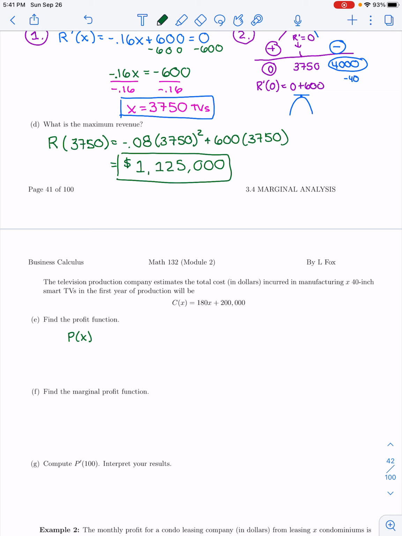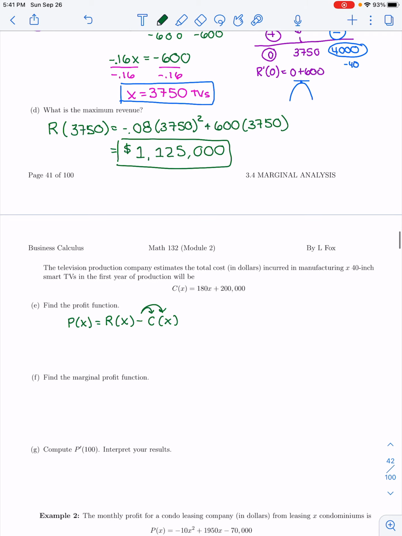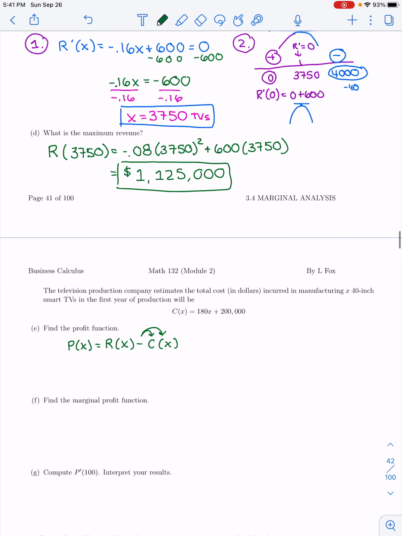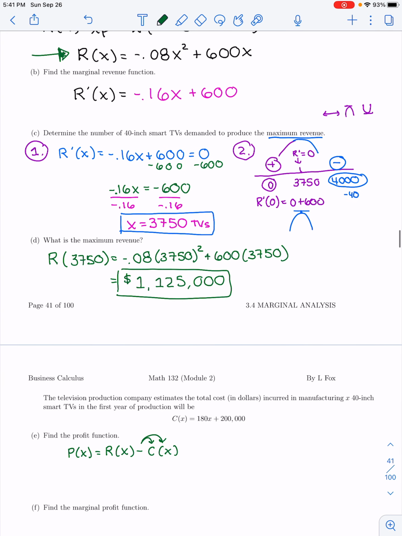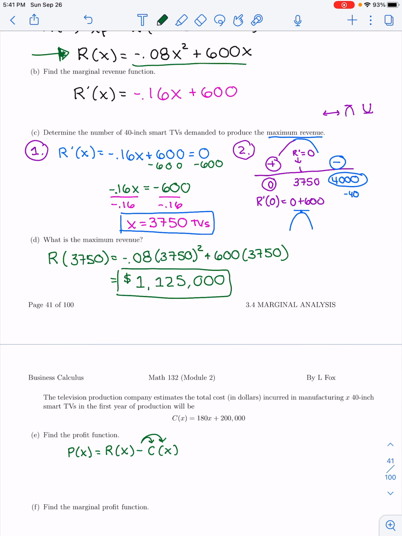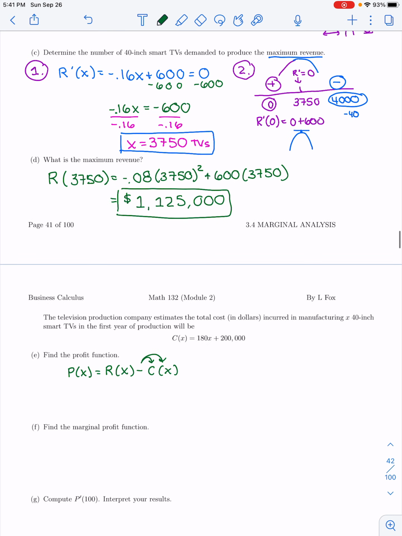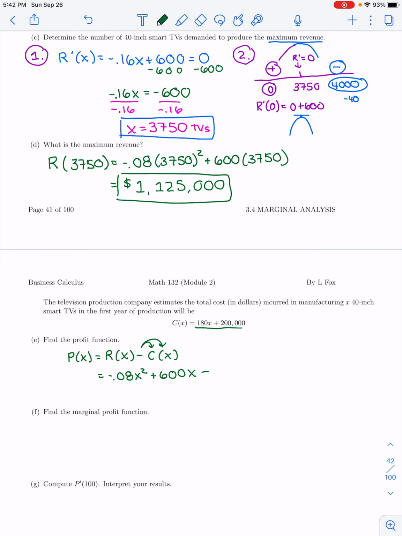So profit, we'll write it here. Again, it'll help us memorize it. It's revenue minus cost. And I'm going to put the little arrows on it because we're going to have to distribute. So we want to find the revenue function, which we already have in part A. Revenue was negative 0.08x squared plus 600x. We're going to take that, negative 0.08x squared plus 600x, and we're going to subtract cost. The total cost function is given here,